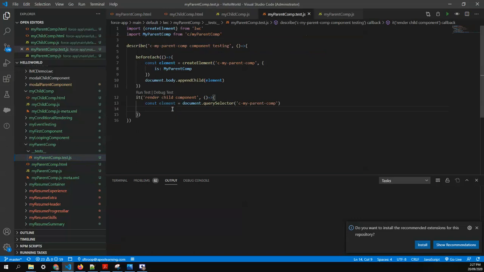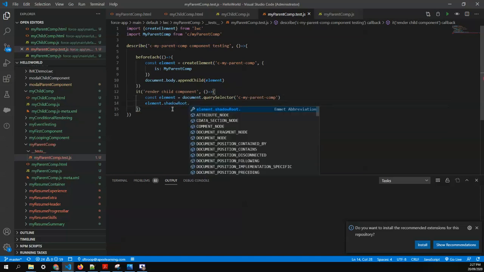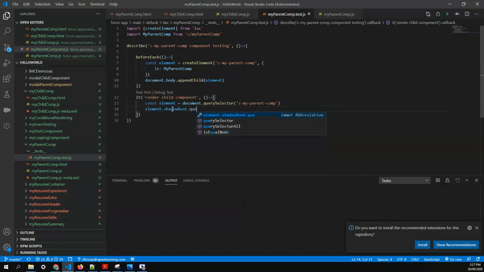To fetch that element, you call within the element, go to shadowRoot, and within the shadow root, querySelectorAll. It will check for all the tags that are available with the name c-my-child-com.